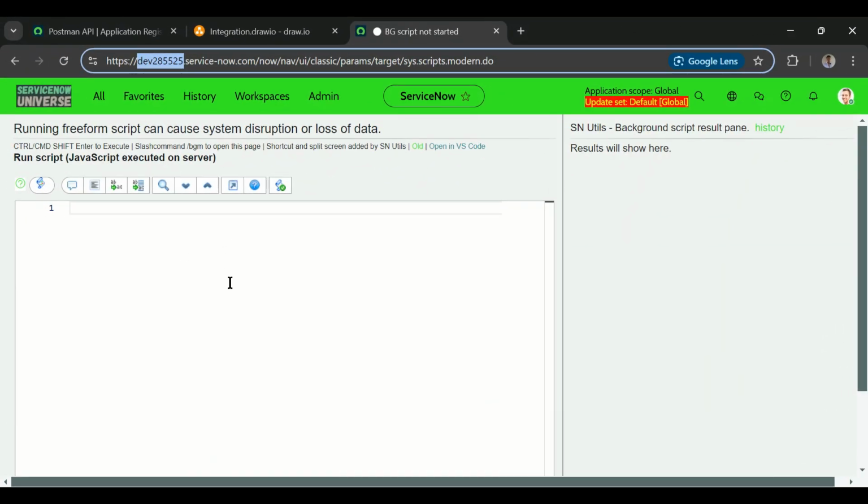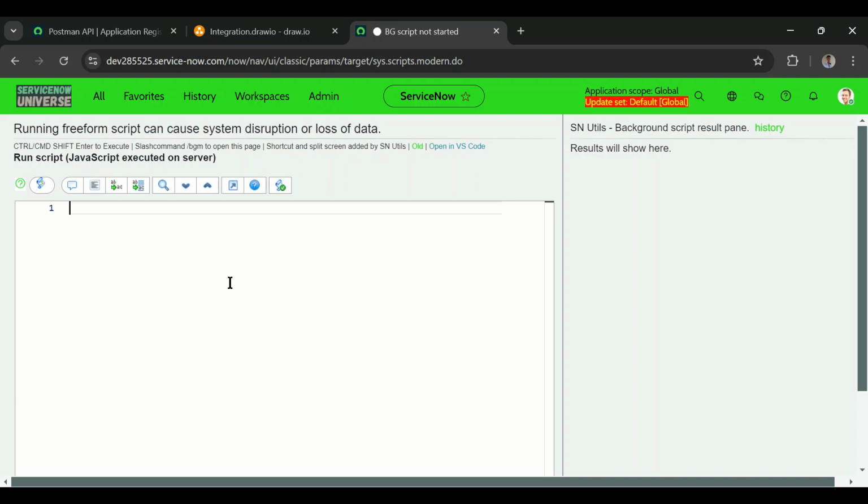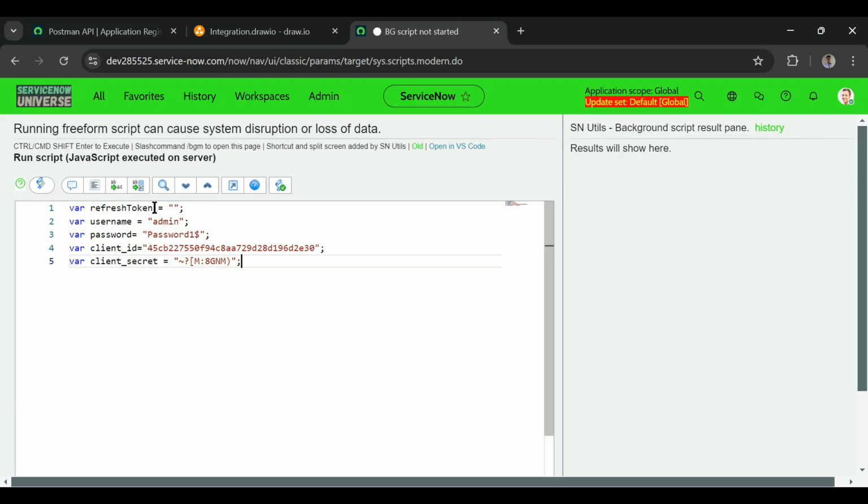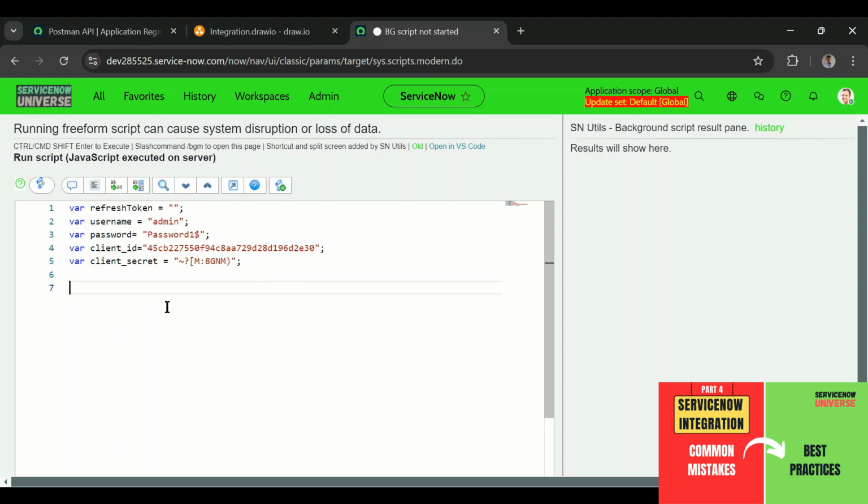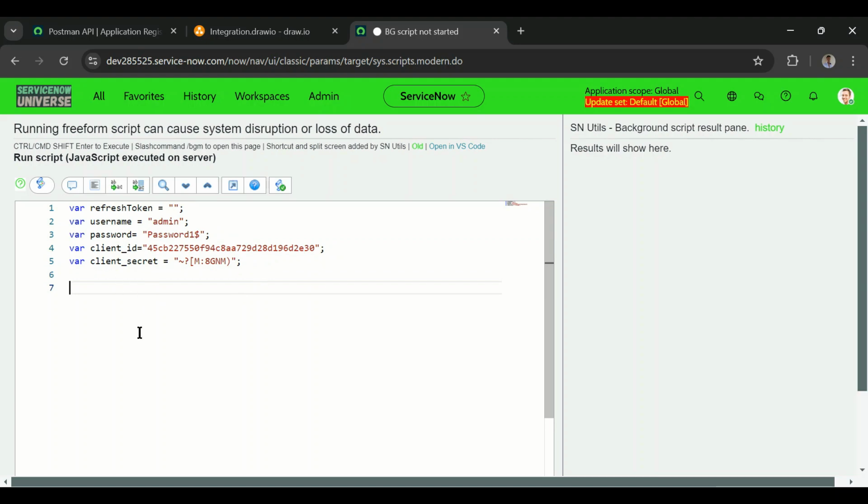Now let's go back. I'll show that in the scripts background, but we can implement that in a script include as well. Now we already know the refresh token initially is empty. We know the username, the password, the client ID, and the client secret. We'll take them in variables, but actually we can add them to the system properties. If you have not watched my common mistakes and best practices video, then you can go and watch that. Now I'll create one function,